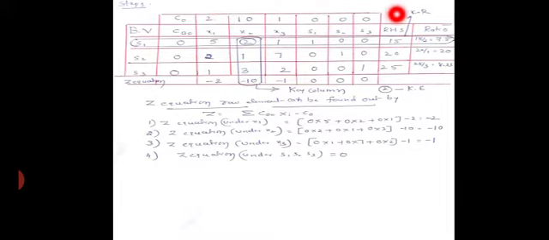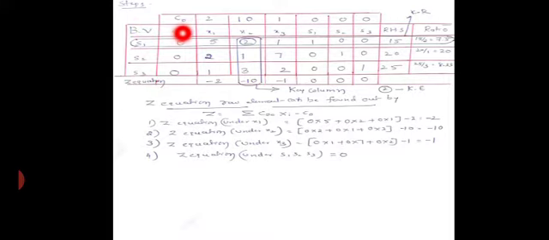C suffix 0 is nothing but the coefficient of the objective function. Okay, next go for the second row. In this second row, I have written BV, which is nothing but basic variables. Always the basic variables will be taken as slack variables. That's what I represented in the BV column: S1, S2, S3.